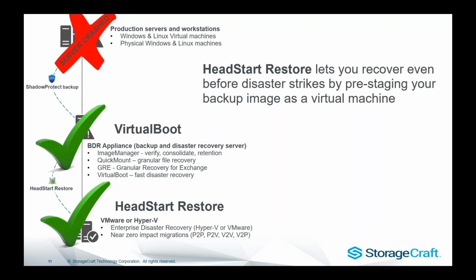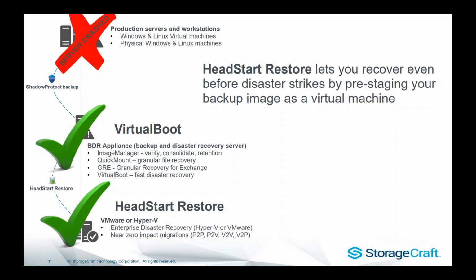So, I guess in a technical sense, they're not high availability in that it's not an automated failover, but it is offering you very rapid recovery. A recovery time objective for virtual boot and HeadStart Restore could be sub 15 minutes, versus paying for a SAN to SAN replica. And quite often in those scenarios with high availability, you still need a backup product to sit on top of that to give you the retention and the incremental backups. So this is where Shadow Protect can actually fill a solution. And, obviously there's a manual cutover period, which isn't going to suit everyone, but it's giving us rapid recovery by